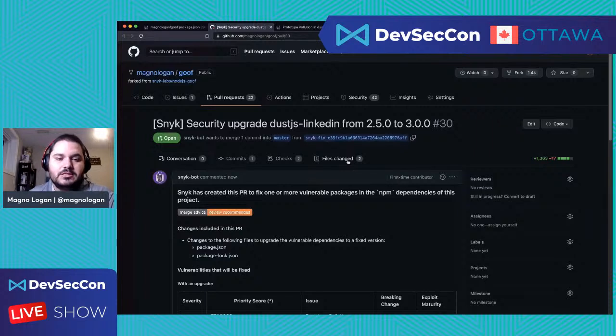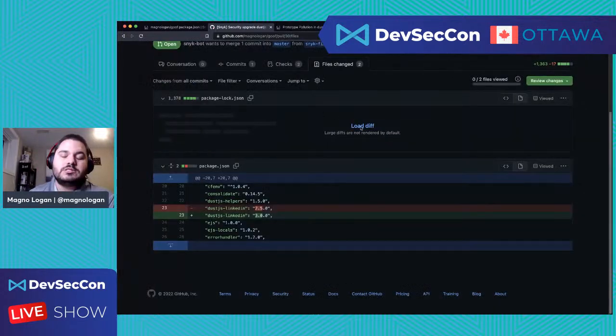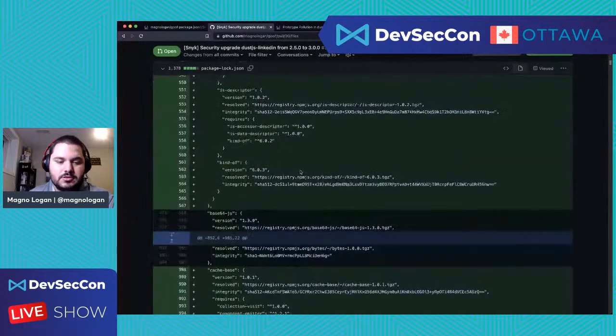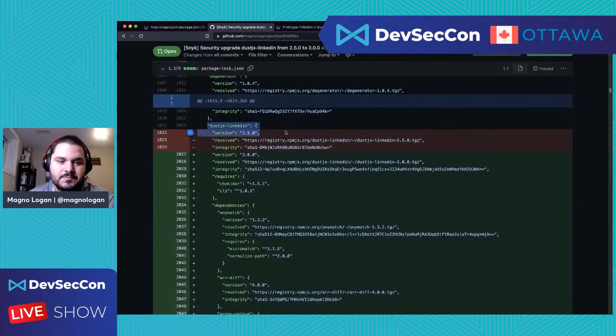And the files changed here. We can see the package lock, which shows the signature and the URL where they download the libraries as well. Let me show here. Is that changing everything? Here, right? So it shows the version that's changing and the previous signature of the library and the URL of the library.